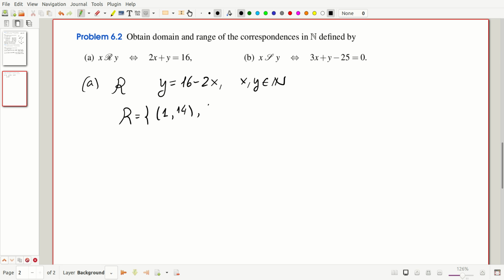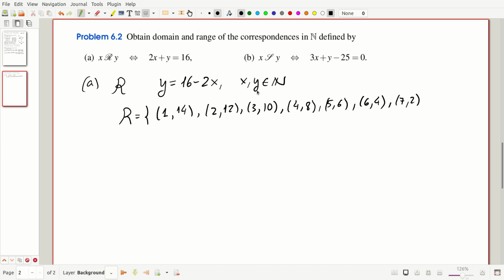Then you put 2, and you have 12, then 3, and you have 10. Then you put 4, and then you have 8, 5 and 6, 6 and 4, 7 and 2, and the next one would be 8, but then for 8 you have 0, and 0 is